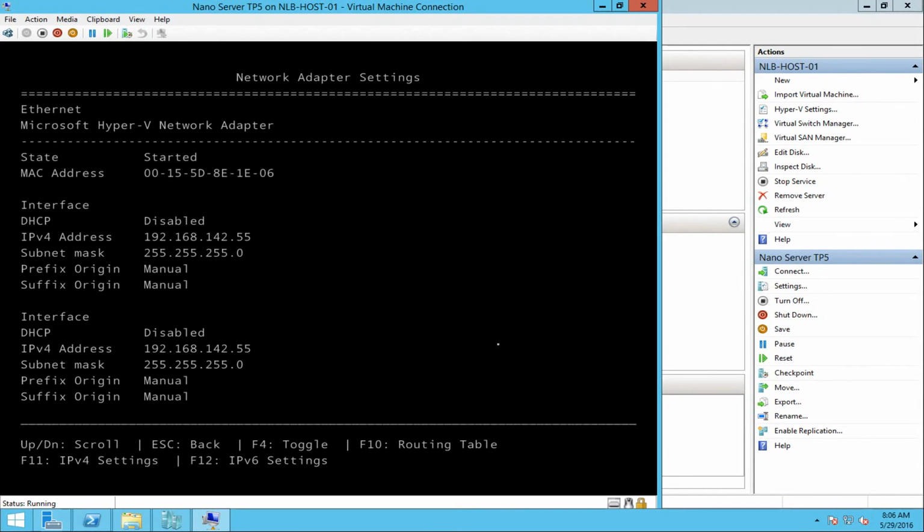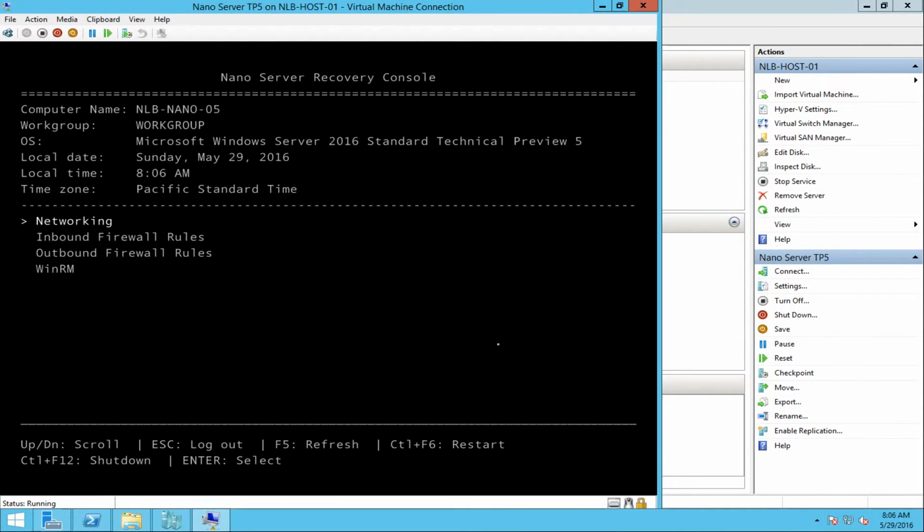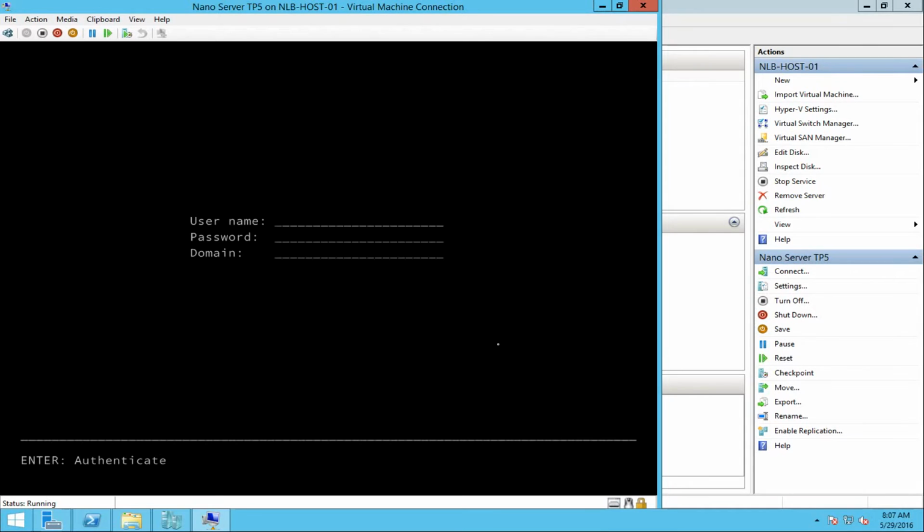So by pressing escape, you can escape from the settings, and from here you can see that I have the option, by pressing escape, to log out, F5 to refresh, Control and F6 to restart, and Control and F12 to shut down. So this is pretty much it. The recovery console did not change a lot, but there are additional features that are really good and can be used. So what I'm going to do next is connect remotely using PowerShell to my Nano Server,